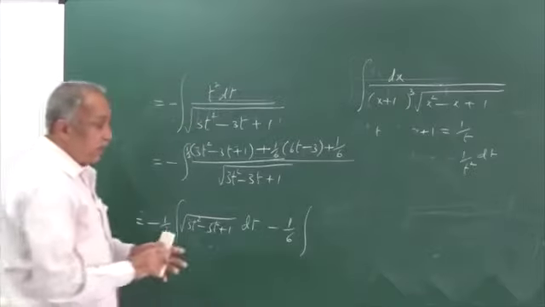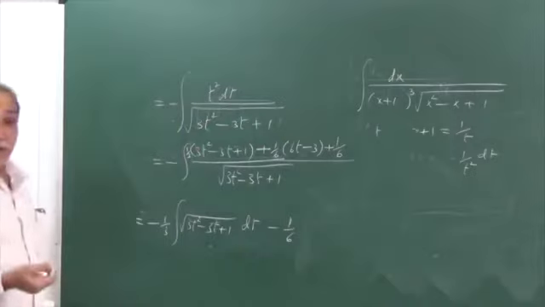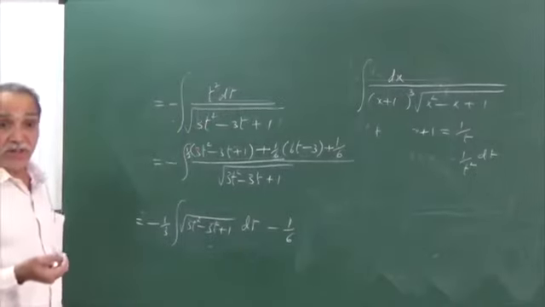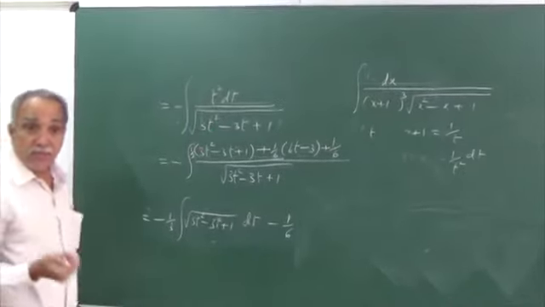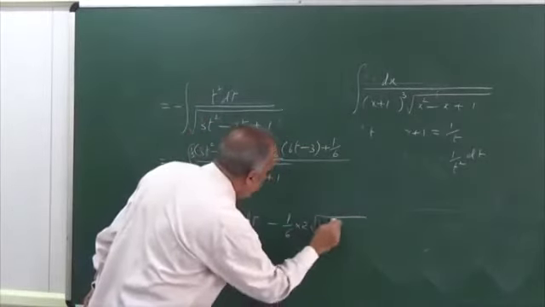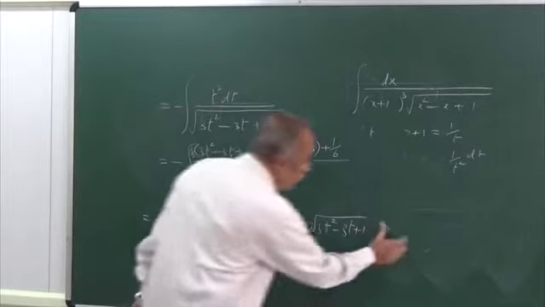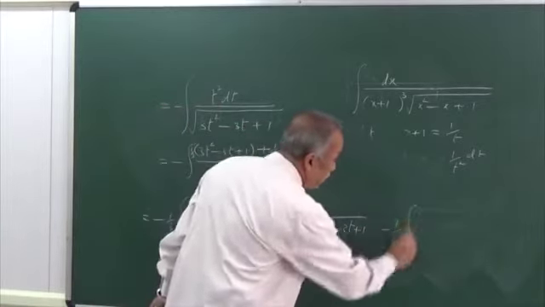I think I can carry out the integration now itself. It is of the form y to the power minus half dy, whose integral is y power half by half, that is 2 into root of 3t square minus 3t plus 1. And the last term is minus of 1 by 6 into integration of,